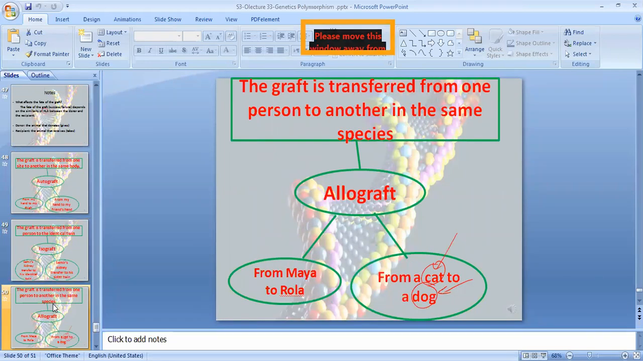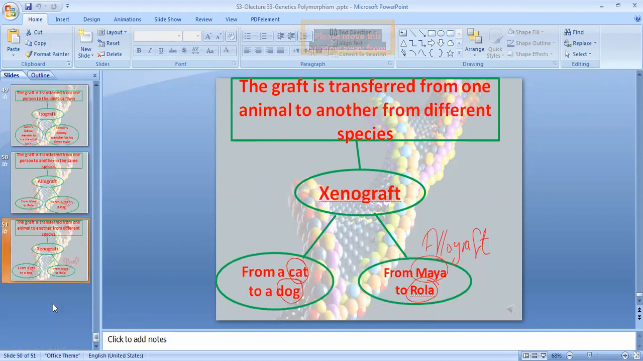Allograft, the graft is transferred from one person to another in the same species. However, the fourth type is the xenograft, where it's done between different individuals belonging to different species. And this is everything for our session for